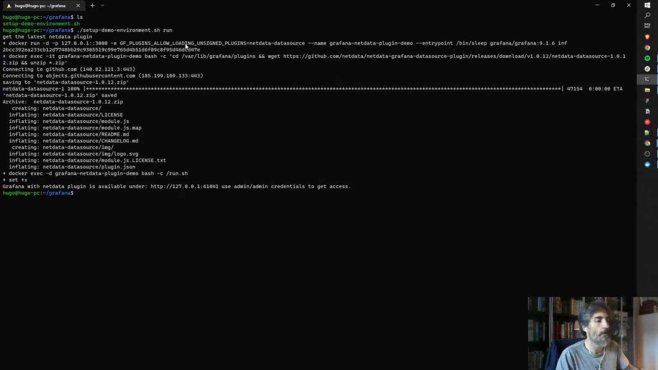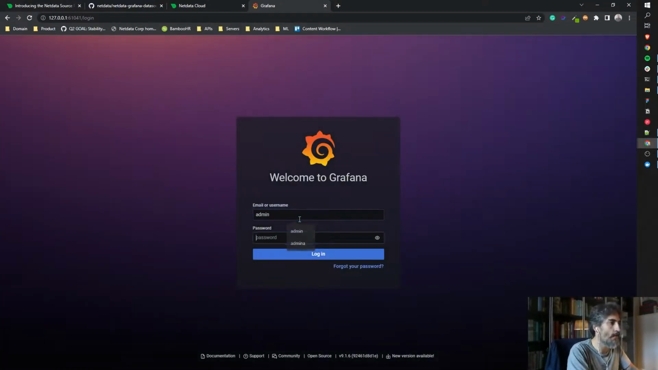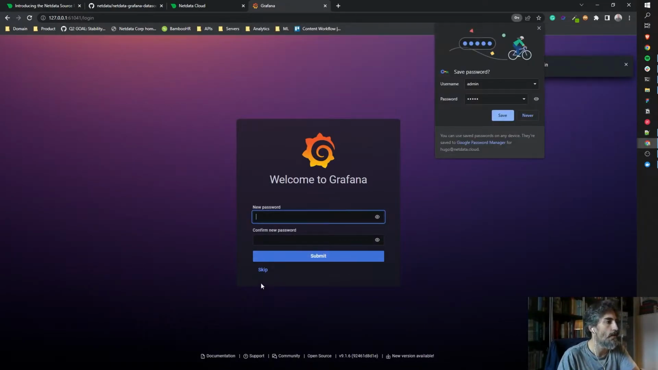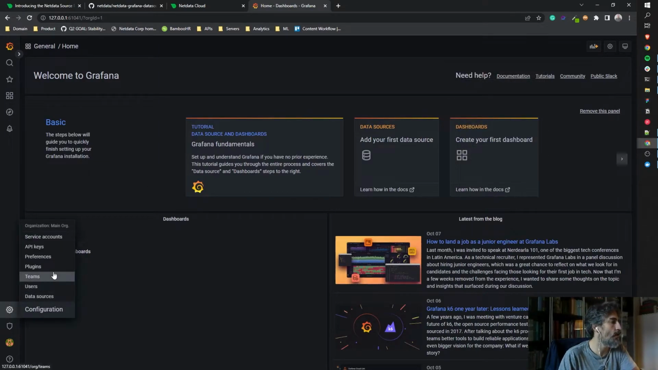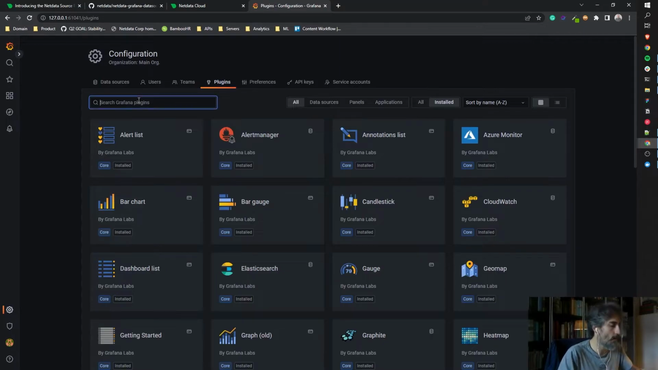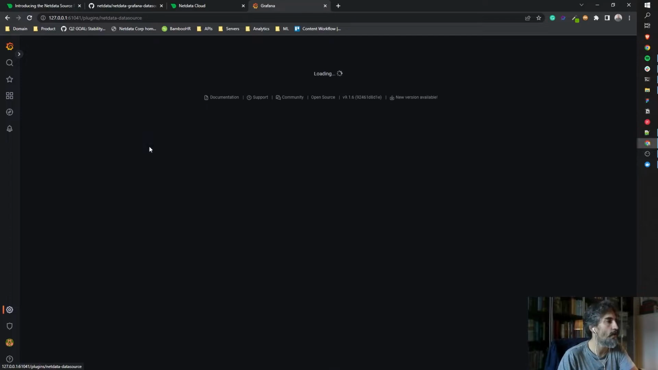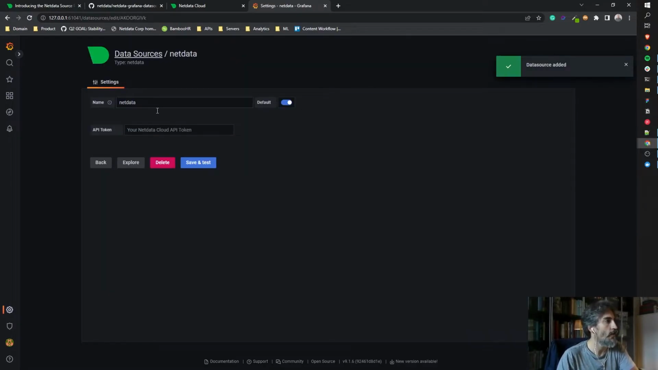So going to our browser and opening here, you can use the admin password as a default. Let's skip it for now. And if you check into the settings and the plugins, you're going to be able to see that Netdata is already an installed plugin. So the next step is to create a data source for this. Calling it Netdata, and for you to be able to use it, you need to get an API token for you to be able to query our